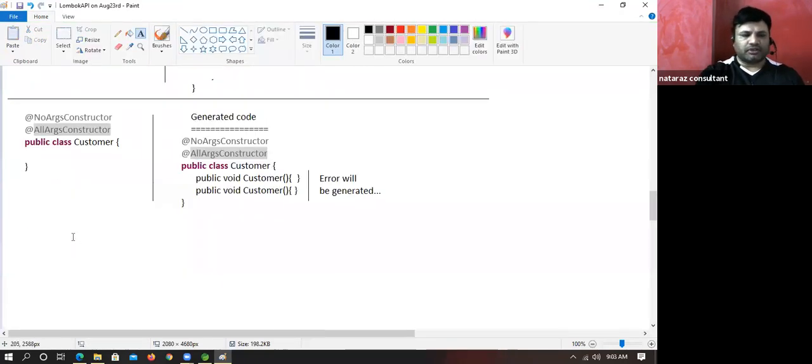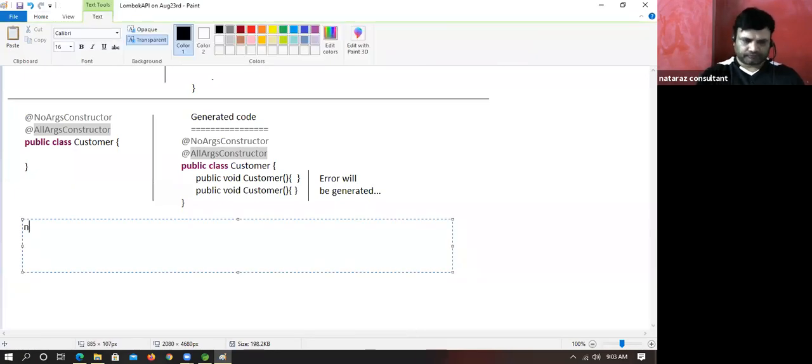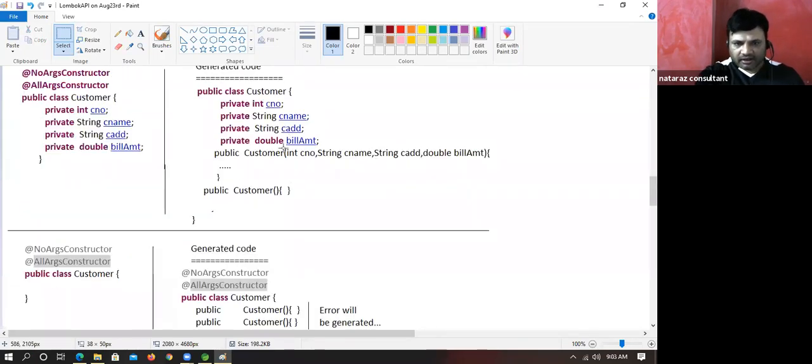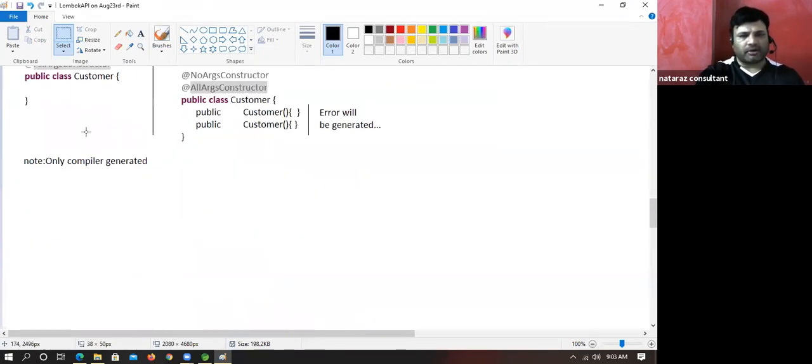Yes, there are two things, boss. Number one, only compiler generated. What is this? Only first time I have written. Earlier also I have written. Earlier I have not written. Okay, come on.